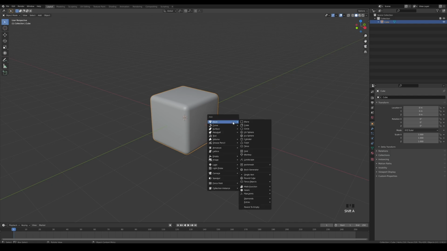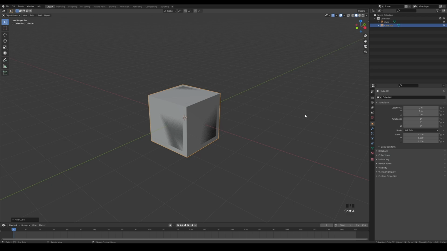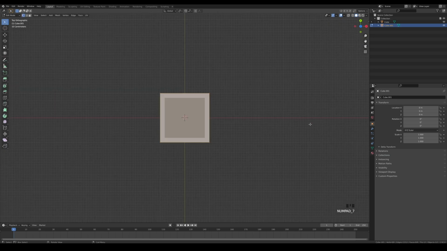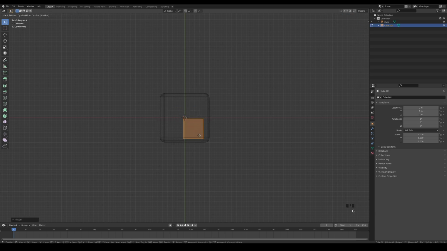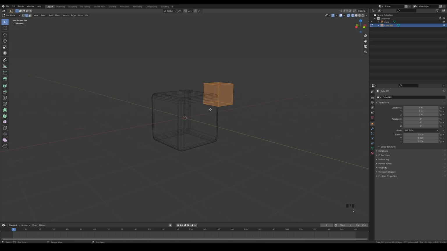So let's press Shift A and we'll add another cube here, and let's just tab into the edit mode. Let's look from the top by pressing 7 on the numpad, and we can enable wireframe view so we better see what we are doing. And let's just press G and move it to a corner like this. That should work. And now let's look from the front by pressing 1 on the numpad, and let's press G then Z and move it up just like that. Okay, and now we can press 2 for edge select, select this edge right here and do one bevel. So let's press Ctrl B and reduce to one segment like that